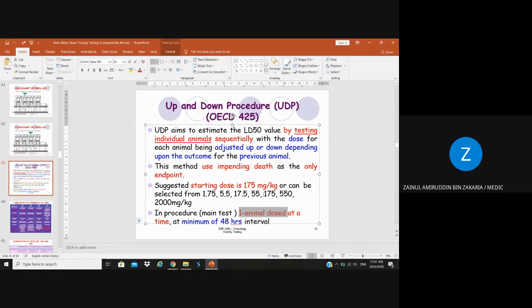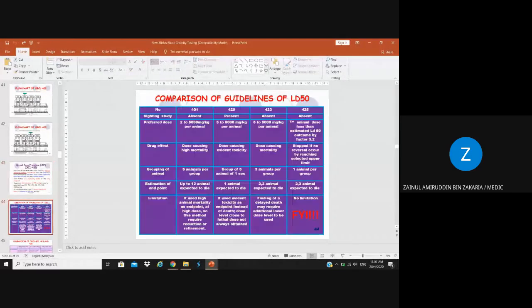If the animal does not die, you increase the dose until 2000, but the range is like this. This is the dose you can see in this table on slide 44,